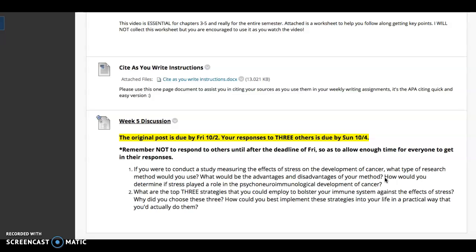In terms of the material on this week's discussion, what I want you to answer first is, if you were to conduct a study measuring the effects of stress on the development of cancer, what type of research method would you use? So go back to the beginning of the chapter, take a look at what those research methods are that Harrington discusses being used most in health research, and tell me what you would pick, and what would be the advantages and disadvantages of the method you picked, and how, through your method, would you determine if stress played a role in the